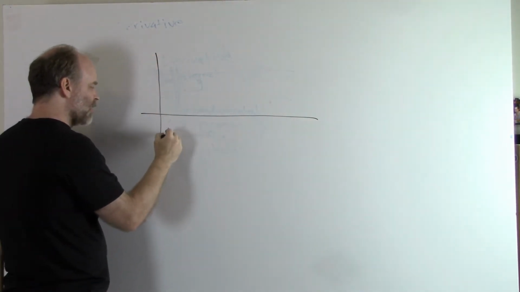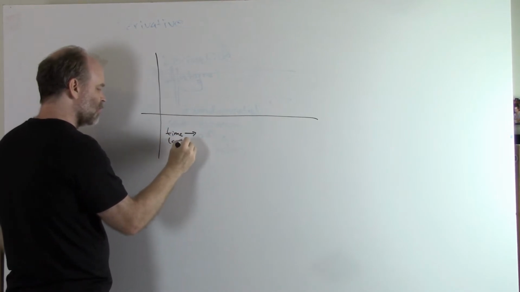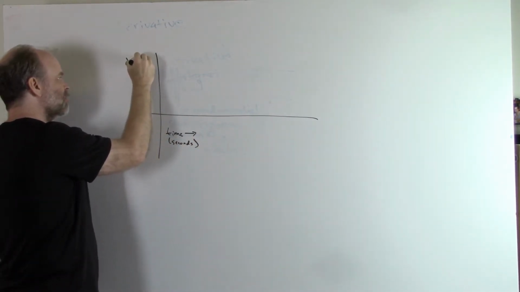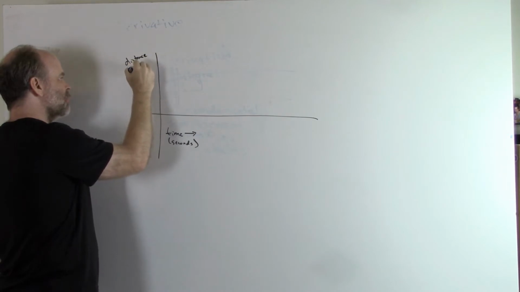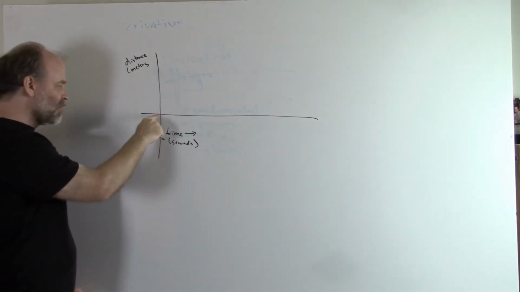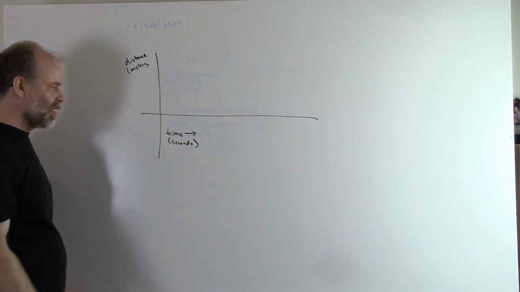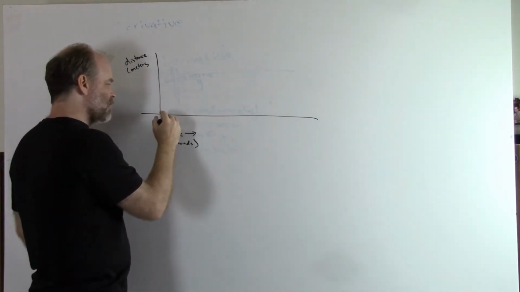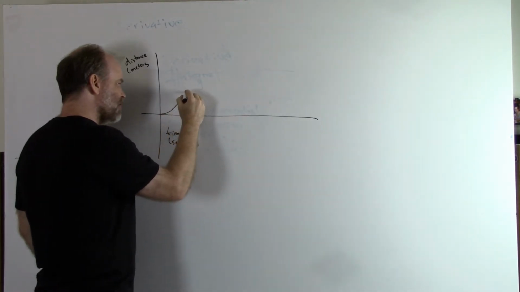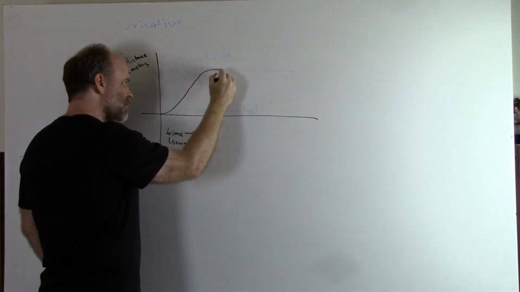On the x-axis will be time in seconds, and on the y-axis will be distance in meters. So we already said that at time 0 the car is at the starting point, so we'll start our distance at 0 meters. And then let's just say it does something simple like it starts driving forward, it accelerates to a constant speed, stays there for a while, and then it comes to a stop, and then it starts going backwards,